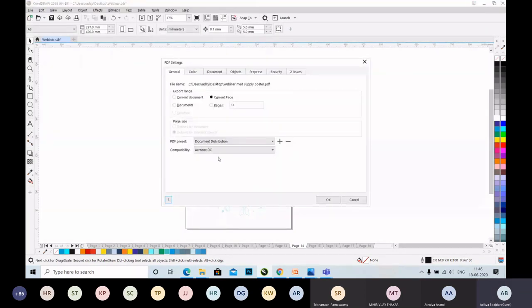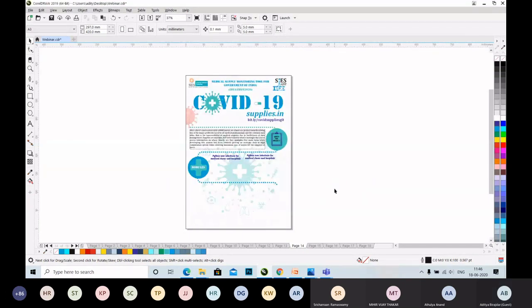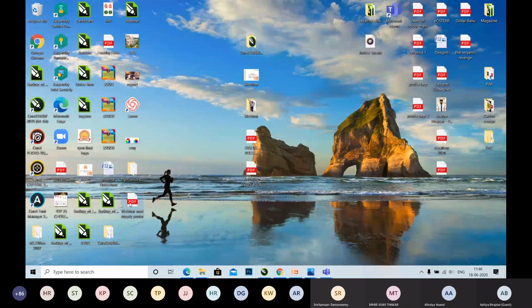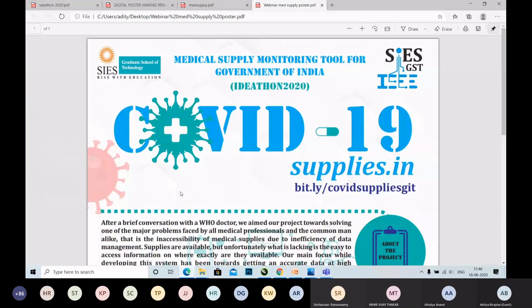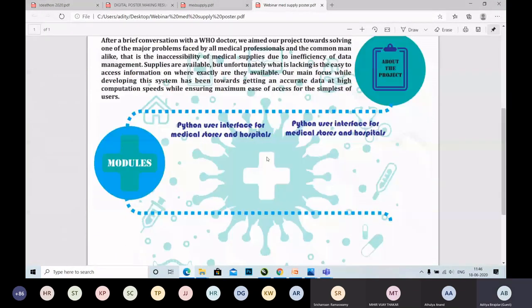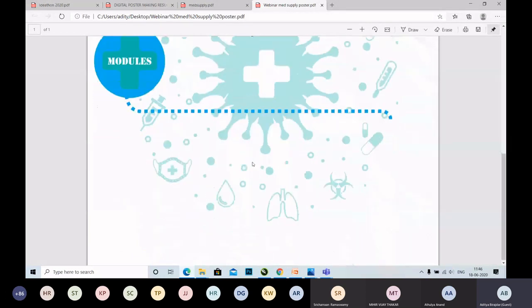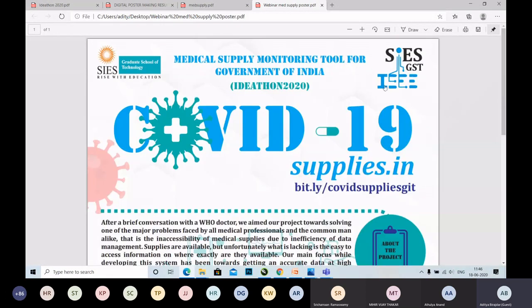Click on export. We don't need all of these pages, so we will be selecting current page over here. As you can see, the poster which we just created has been exported to PDF.